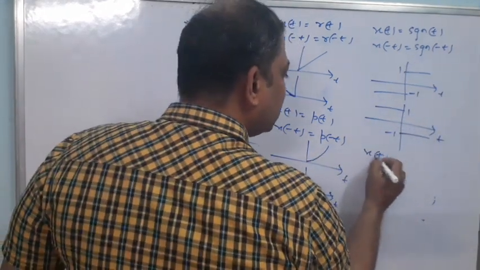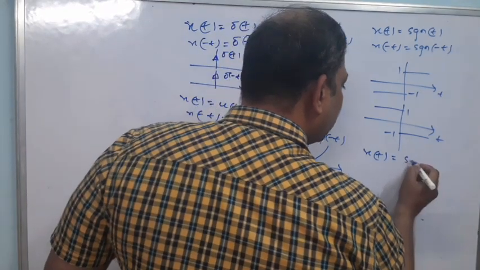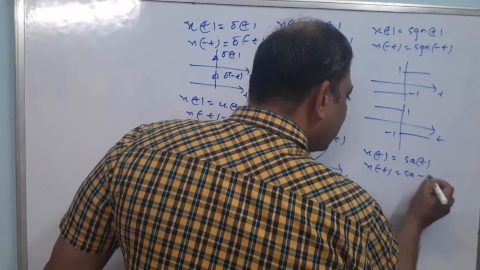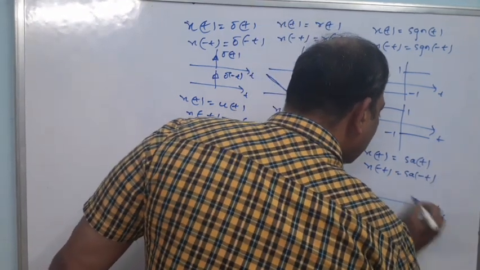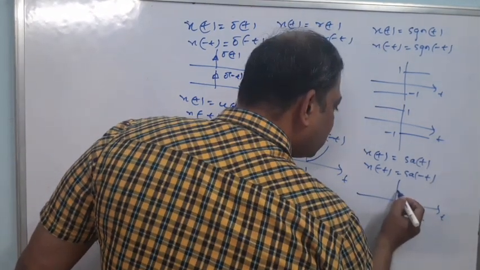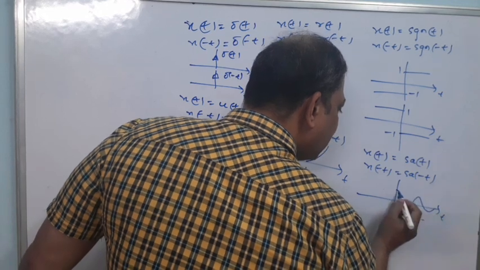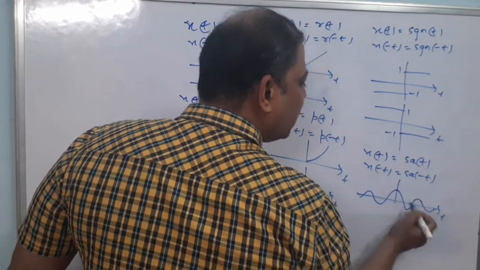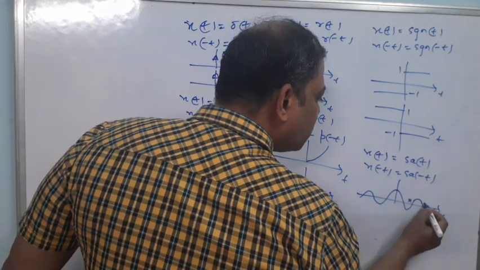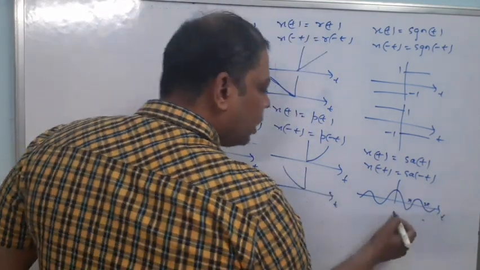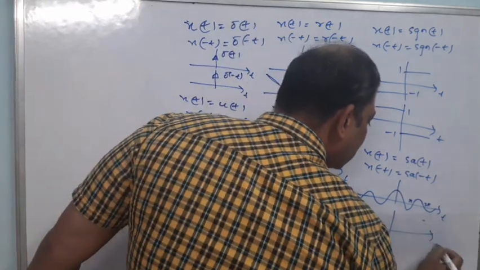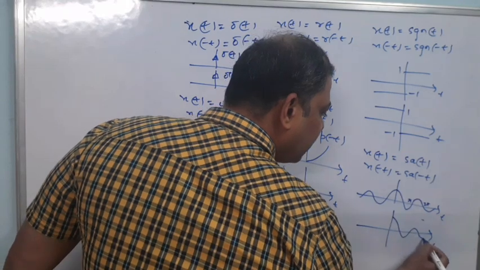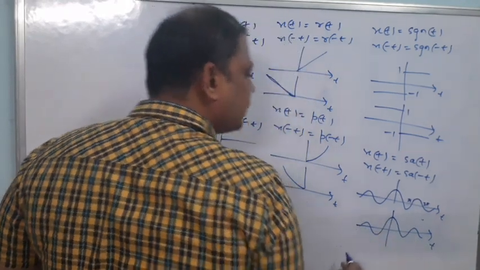Now suppose x(t) is equal to the sampling function Sa(t). So x(-t) is equal to Sa(-t). How to sketch? This is your sampling function. It starts in this manner and the lobes gradually reduce, with this value π, this value 2π. Now if you sketch Sa(-t), imagine a mirror here, and again you will find the same sketch.